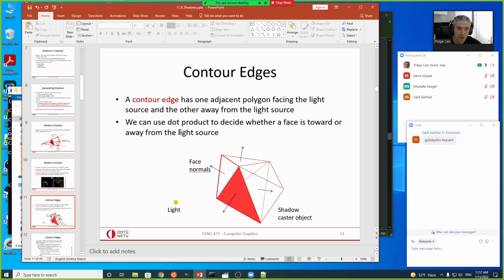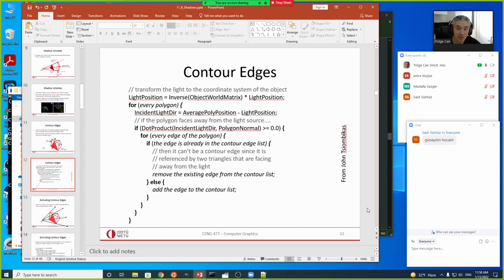So therefore, just like backface culling, we use the dot product to decide whether a face is toward or away from the light source. And here's pseudocode from John Siombicas, which implements this contour edge finding. We first get our light into the world coordinate system, and every polygon is going to have a number of